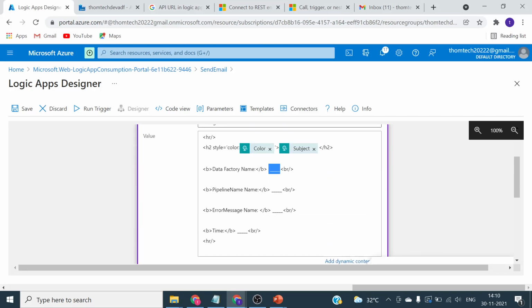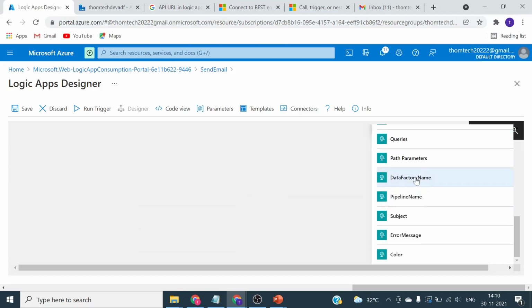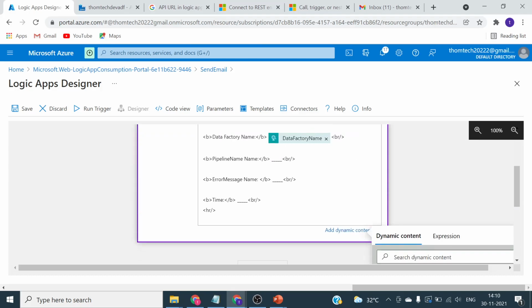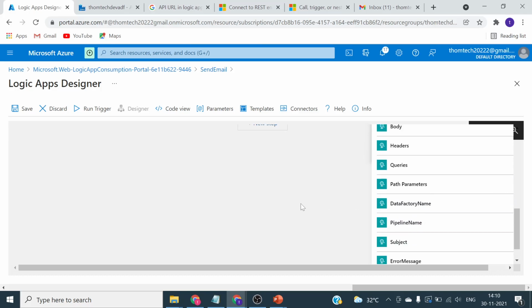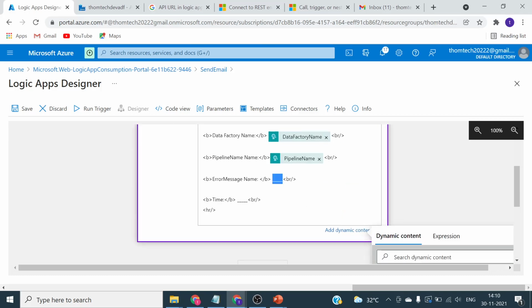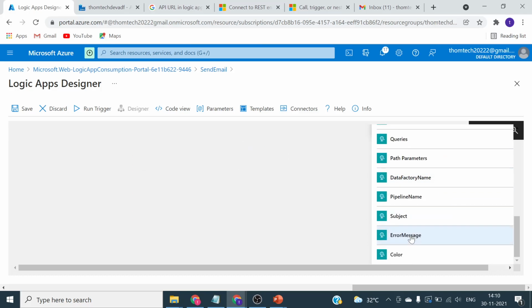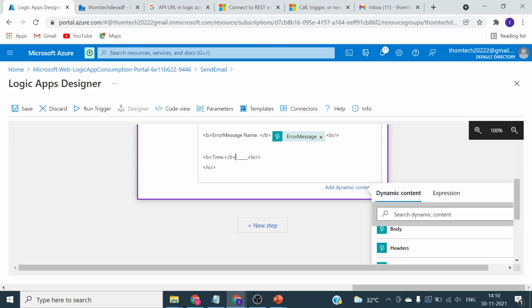Then we have data factory name, click on data factory name. Okay, then we have pipeline name, select the pipeline name. After that we have error message. In error message we already have that in a variable, select this. Then ultimately we have